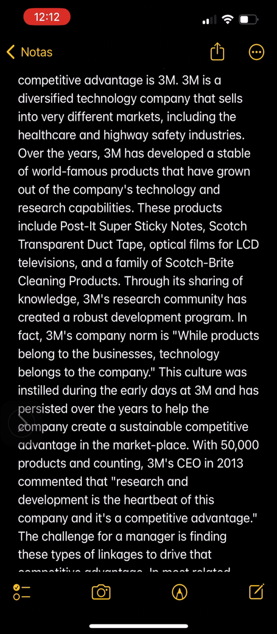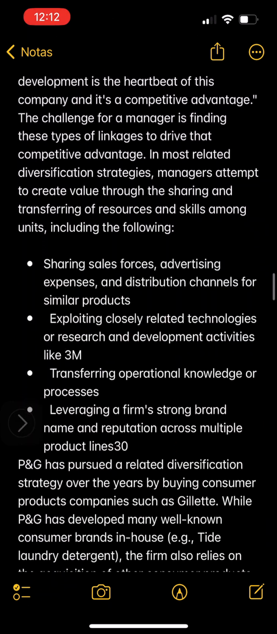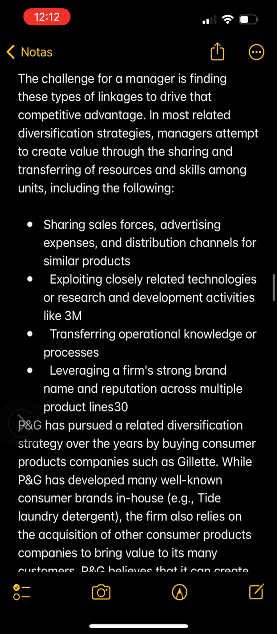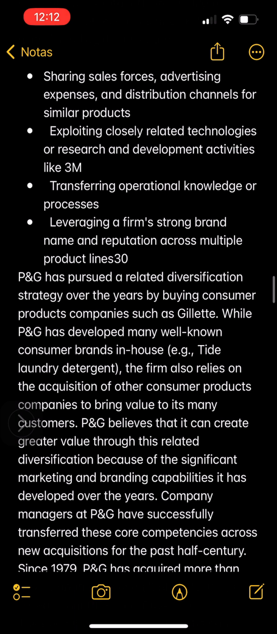With 50,000 products and counting, 3M's CEO in 2013 commented that research and development is the heartbeat of this company, and it's a competitive advantage. The challenge for a manager is finding these types of linkages to drive that competitive advantage. In most related diversification strategies, managers attempt to create value through the sharing and transferring of resources and skills among units, including the following: sharing sales forces, advertising expenses, and distribution channels for similar products; exploiting closely related technologies or research and development activities like 3M; transferring operational knowledge or processes;